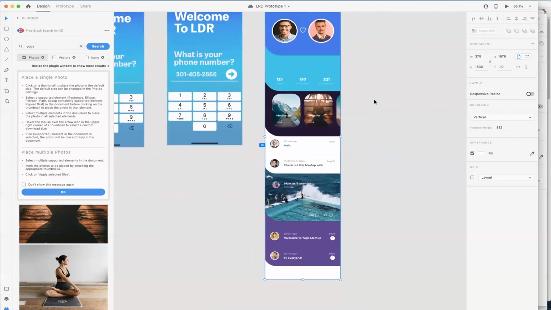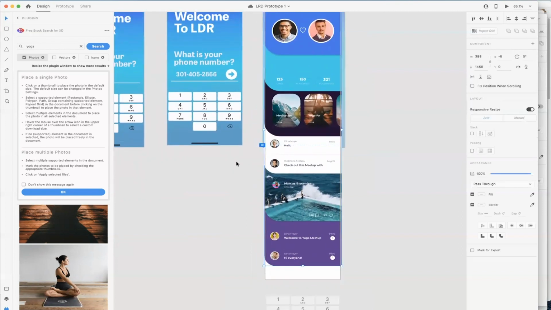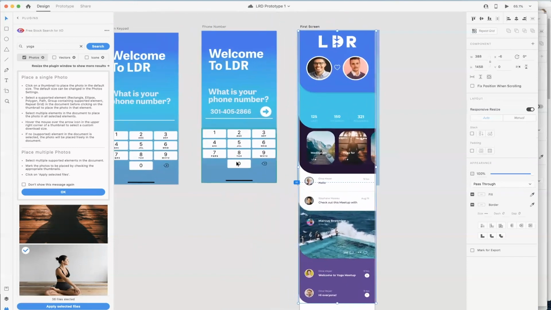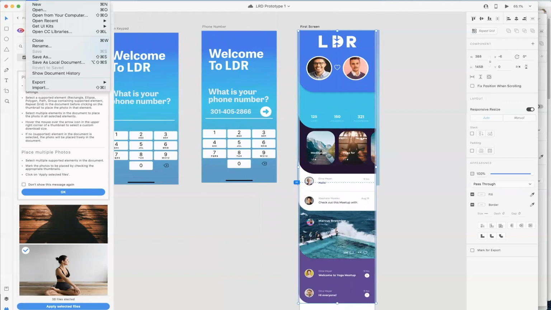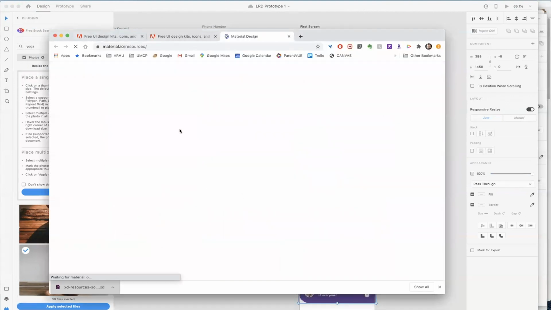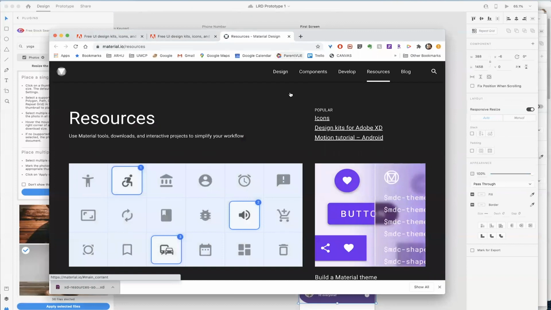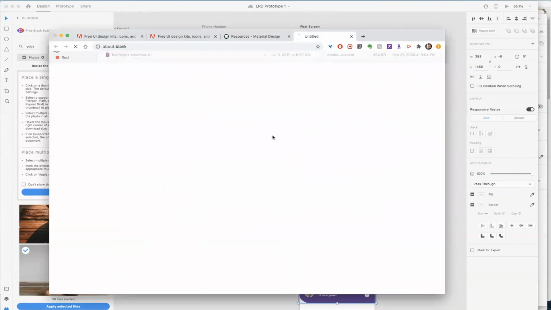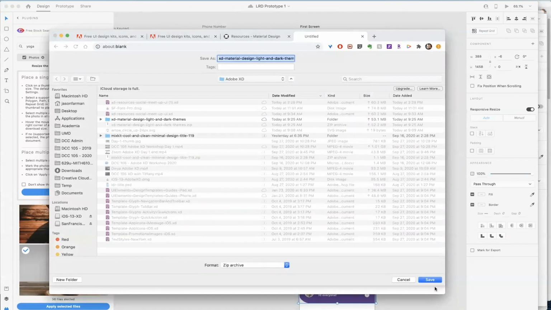I'm going to go ahead and put a bottom menu button around this, and I am going to pull that over from another UI kit. So let's go and get some UI kits, and I think we'll look at Material Design for this. When you go to the Material Design website, there's an option that says design kits for Adobe XD. And then we will download that,